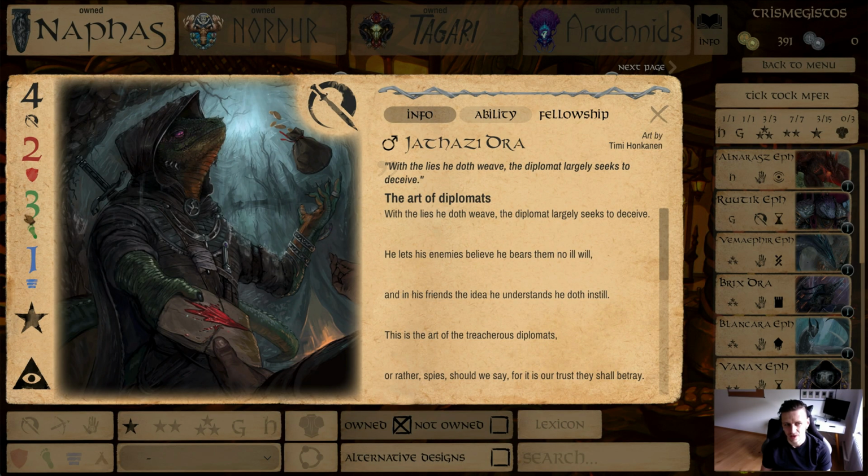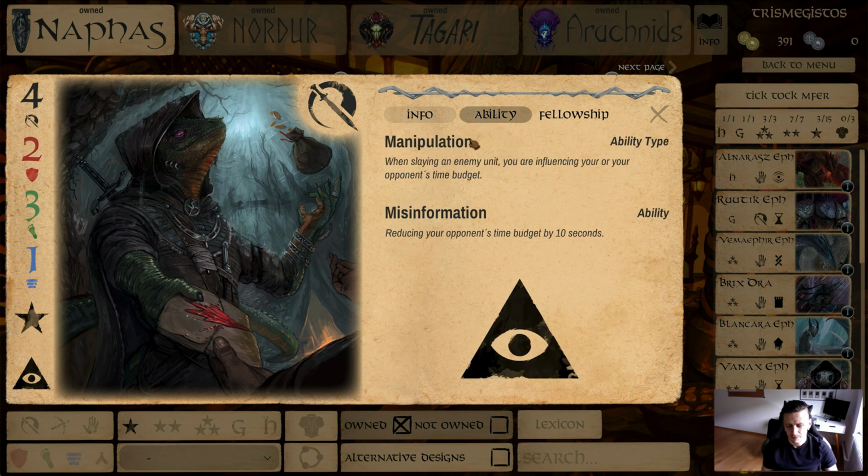So nice addition as well. Then we will use Jatasi, not because of his free movement, I mean that's a nice addition, but the main reason why is because of his ability, misinformation. Reducing your opponent's time budget by 10 seconds every time when slaying an enemy unit. Which means, at the later stage of the game, as we are already pressured our opponent with time, and he has, I don't know, maybe per turn 60 to 100 seconds left, we could focus